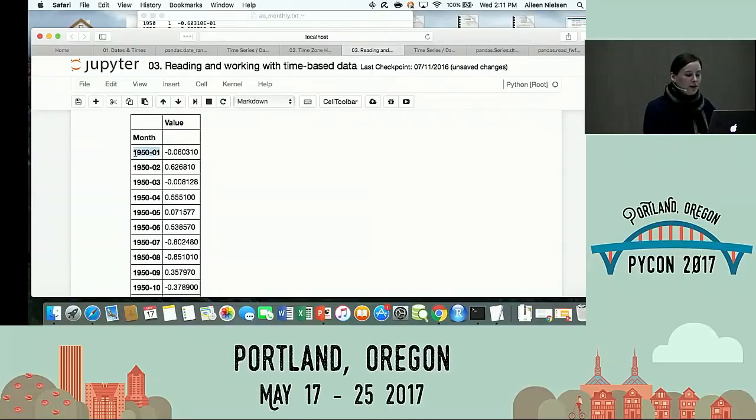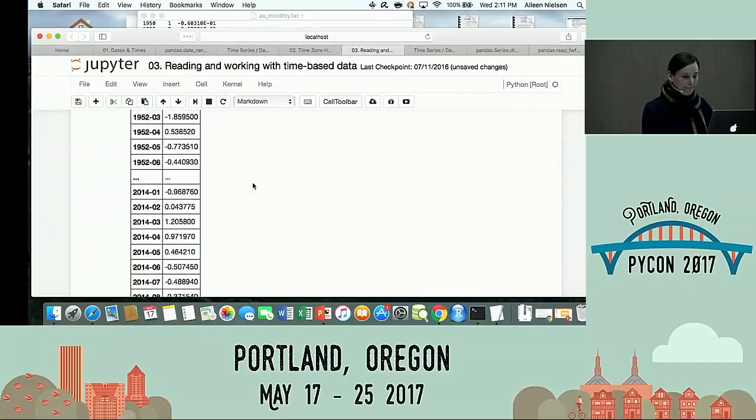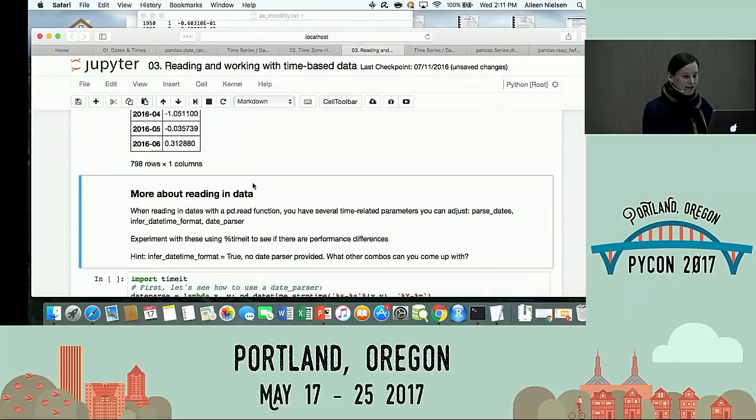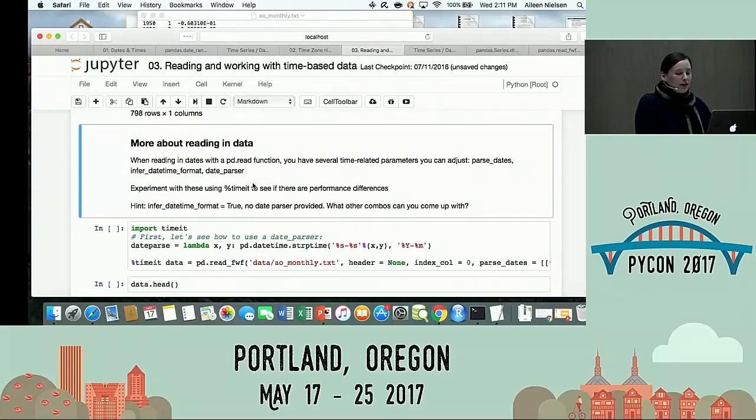But if it's only giving me 1950-01, 1950-02, that's telling me it's a monthly period. It's not the 1st of January 1950, it's just January 1950. So there we've got that representation. With reading in dates with a pd.read function, you usually have several time-related parameters, and sometimes the inference can be